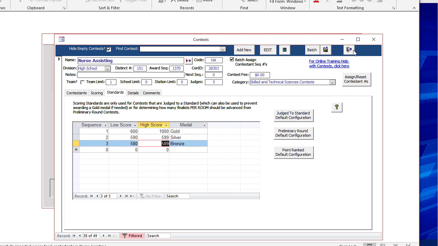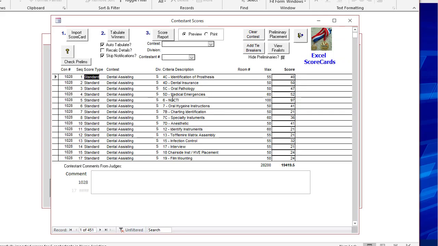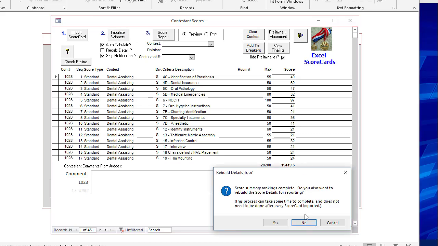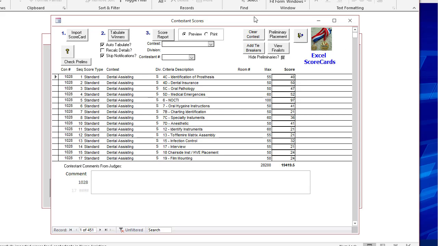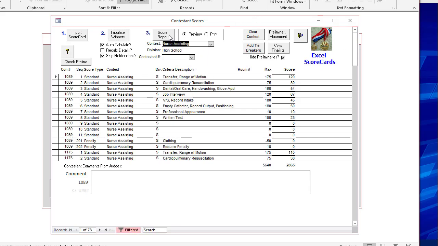Now I can close this screen down and go back to import the scorecards. And in fact, you don't even have to re-import the scorecard. The system already has the scores. We simply need to retabulate the winners. I don't need to retabulate the details. I just need the total scores. And now when I look at nurse assisting again and run the score report button,